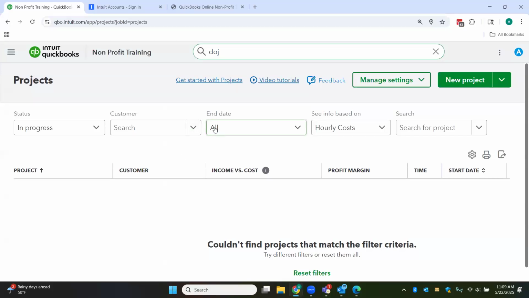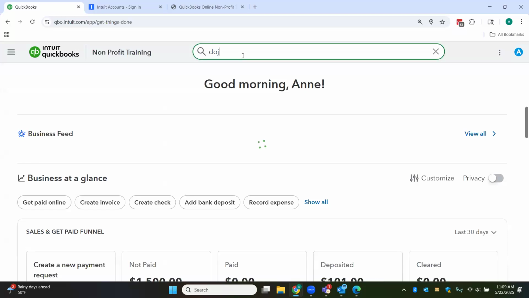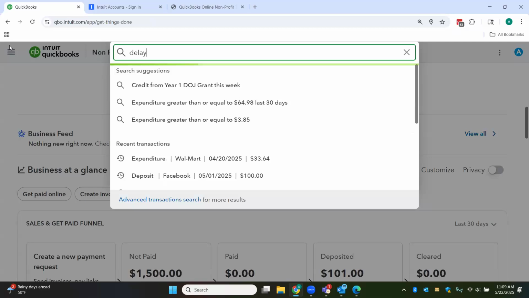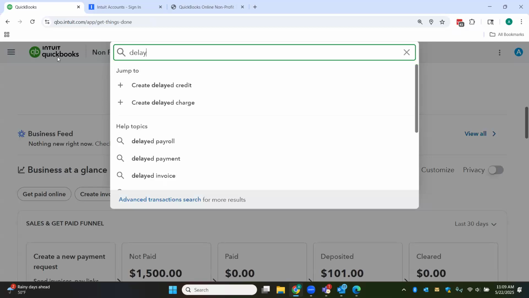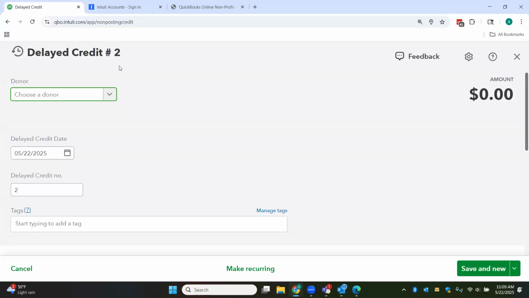The other thing we want to talk about is we have delayed credits and delayed charges. Okay. So if you go over here, let's go back to our dashboard. And we're going to use our search bar. So we're going to type in delayed. So a delayed credit is money that you've got coming in, but maybe you don't want to deposit the check